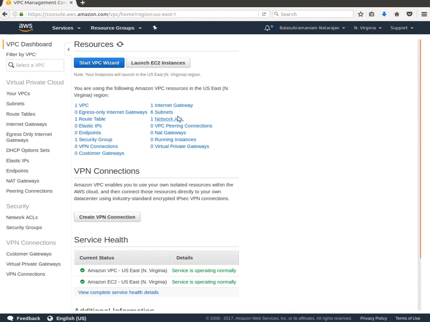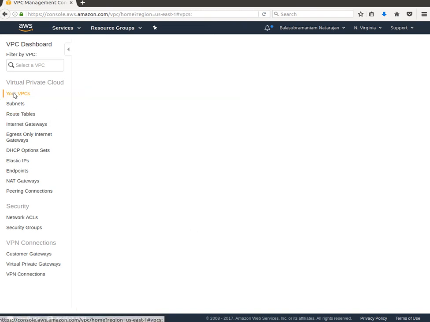It has 1 network access control list by default. It has 1 security group by default, 1 route table by default, 1 internet gateway by default. Can you relate everything right now? So it has everything by default, but what I'm going to do is, sorry, no, I'm going to click on